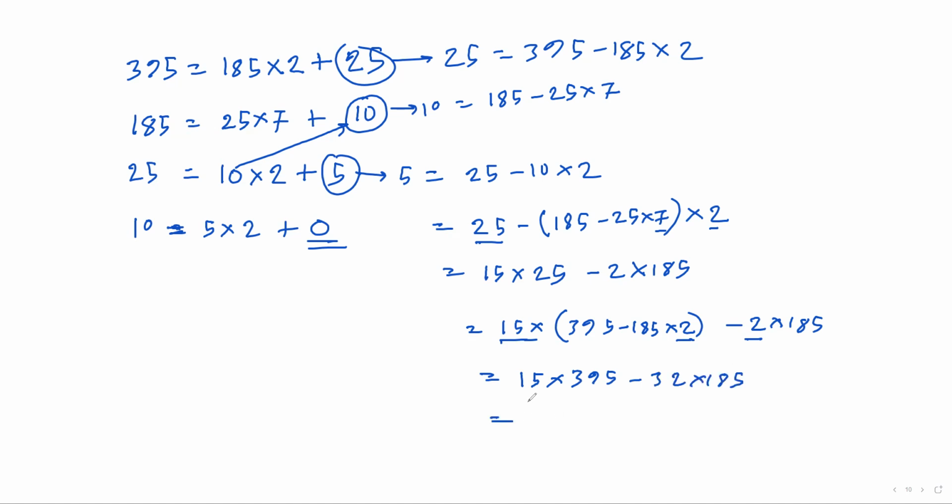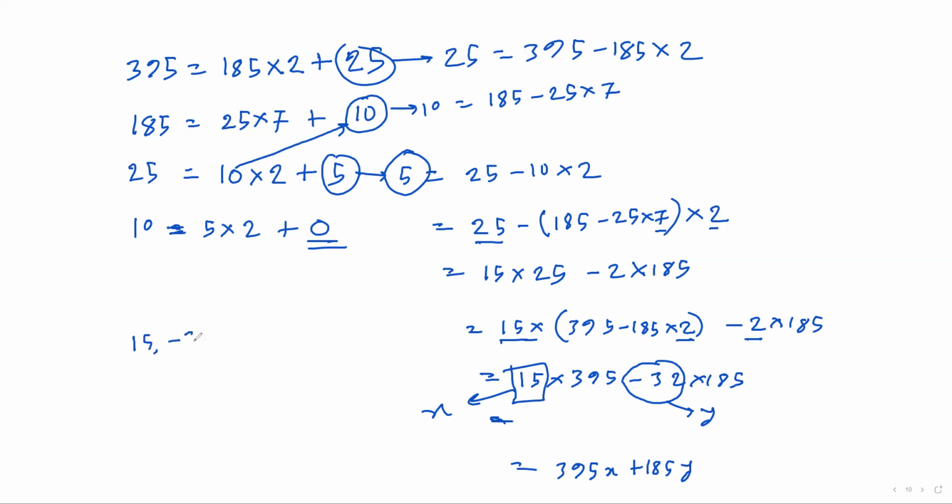So you can see that this is our x, and this minus 32 is our y, so that this equation becomes 395x plus 185y, and the left hand side was 5. So technically we just showed that 15 comma minus 32 is a solution of the equation 395x plus 185y equals